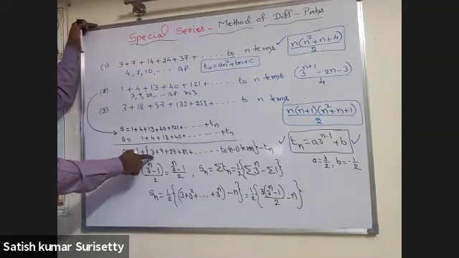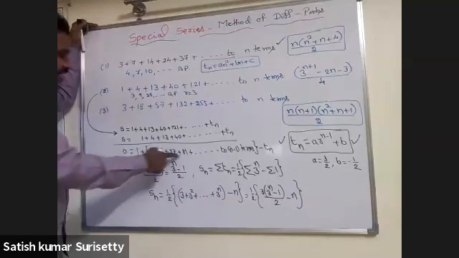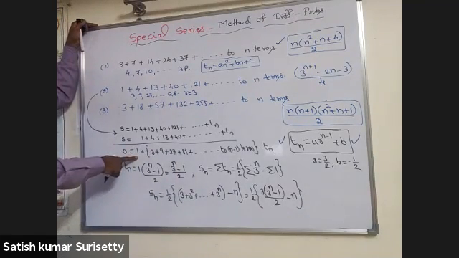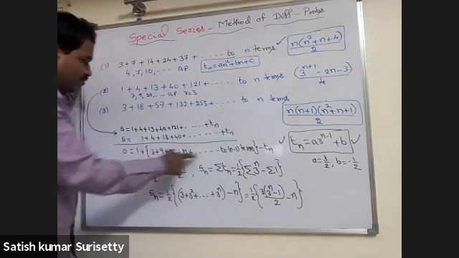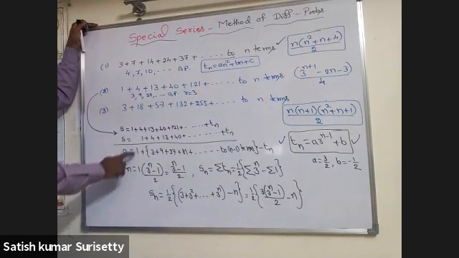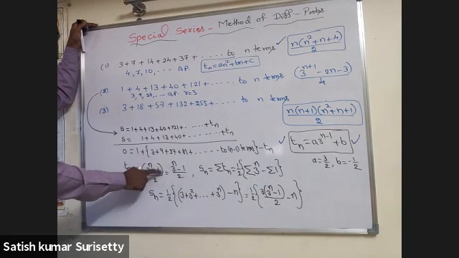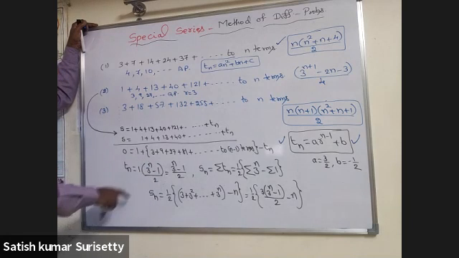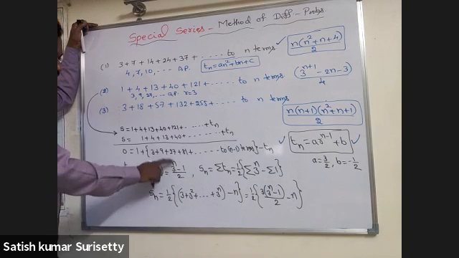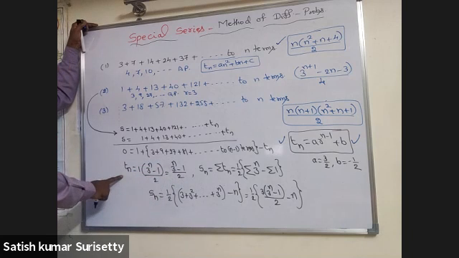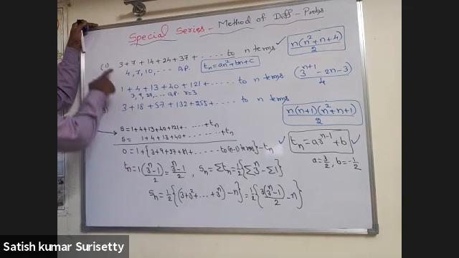Then 1 plus, in the bracket there are n minus 1 terms which are in GP with common ratio 3. If I include the first term also, they are still in GP, and the number of terms will become n. So 1 into 3 to the power of n minus 1 upon 2, that is the sum of n terms of a geometric progression. That is 3 to the power of n minus 1 by 2. This is the nth term. Now in case you have a doubt, substitute n equal to 1 and verify, then substitute n equal to 2 and verify the second term.